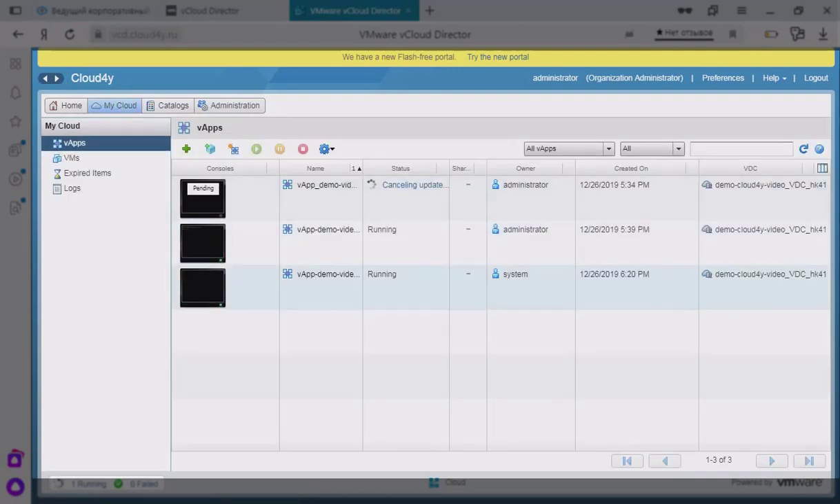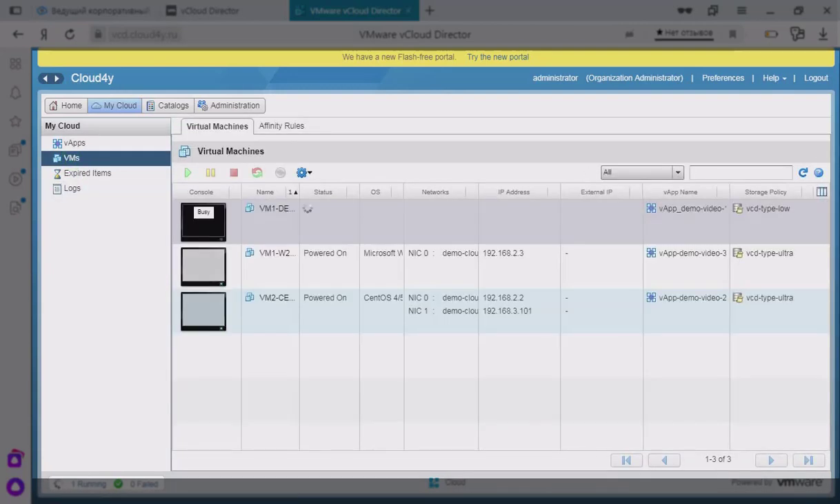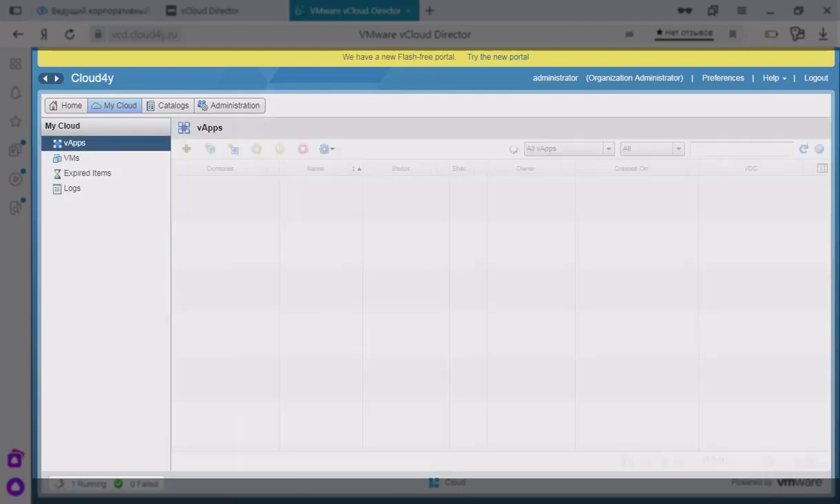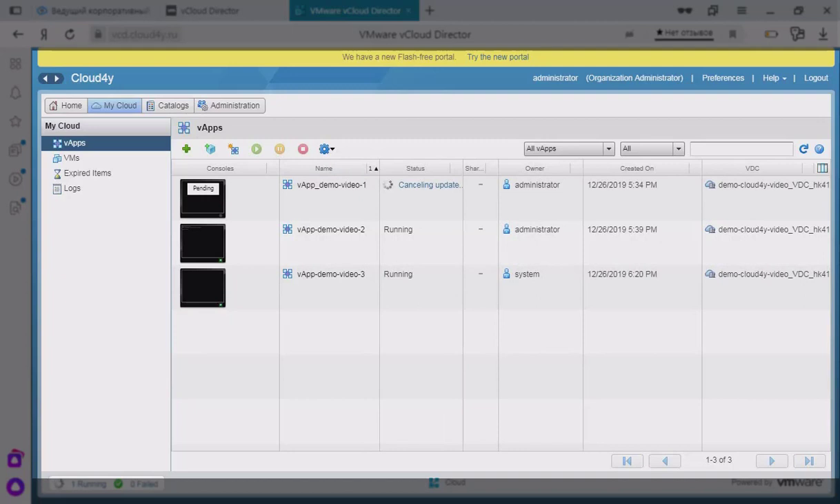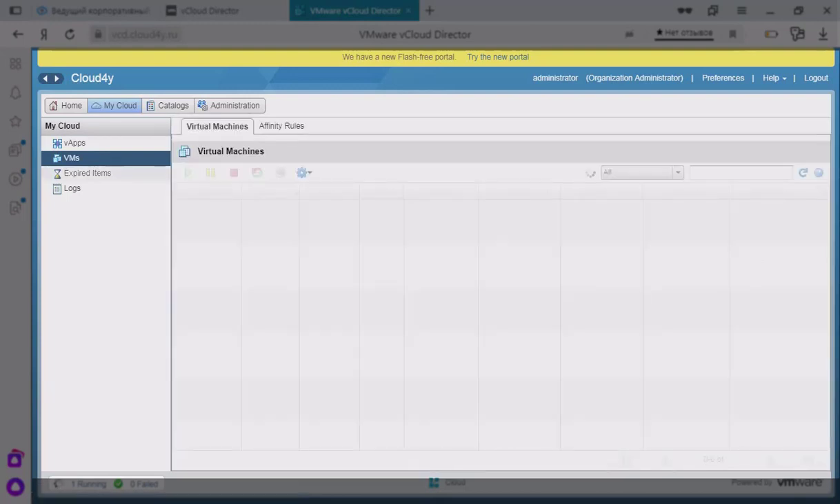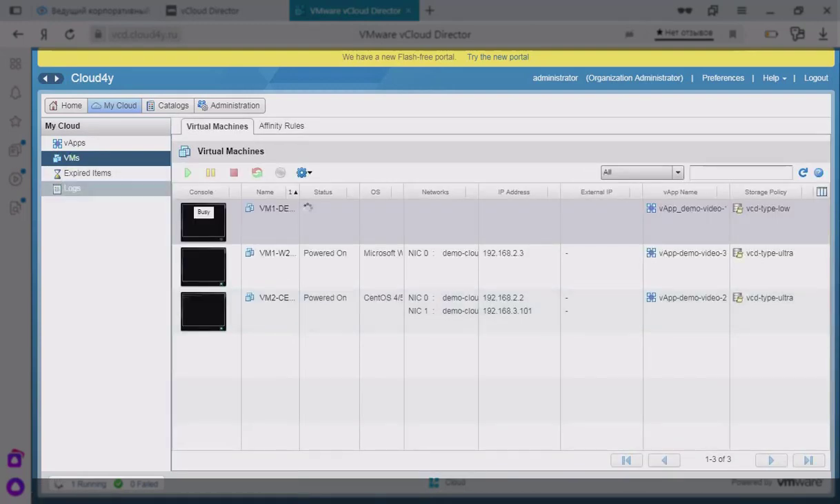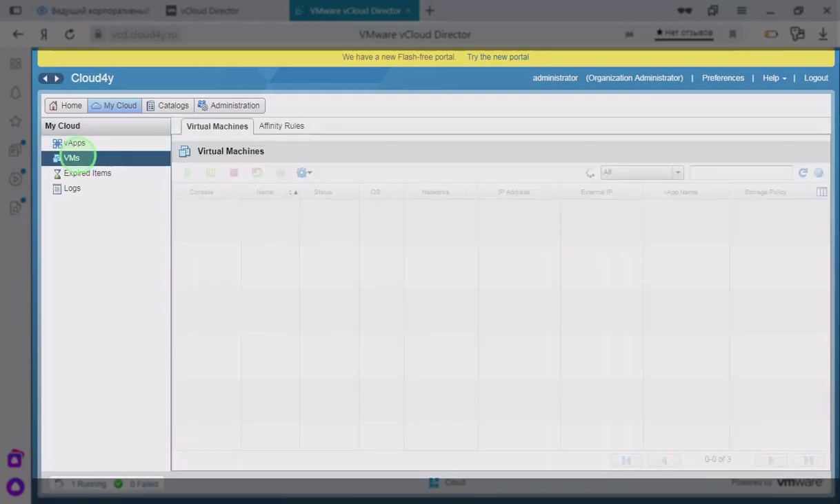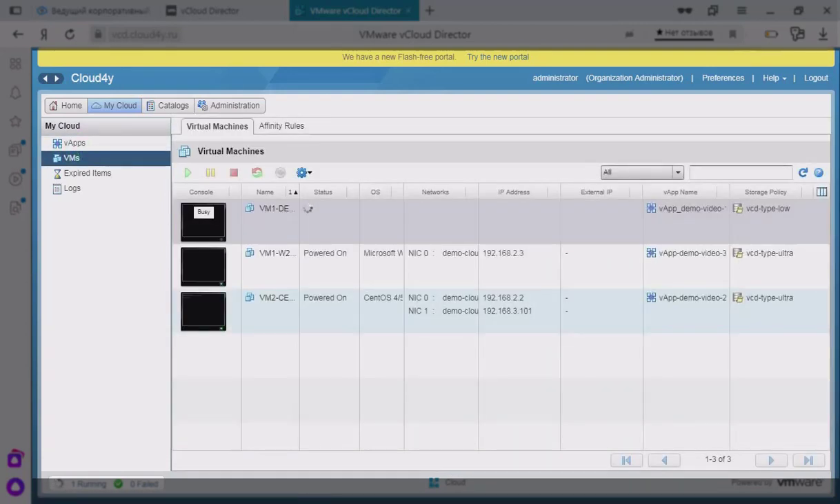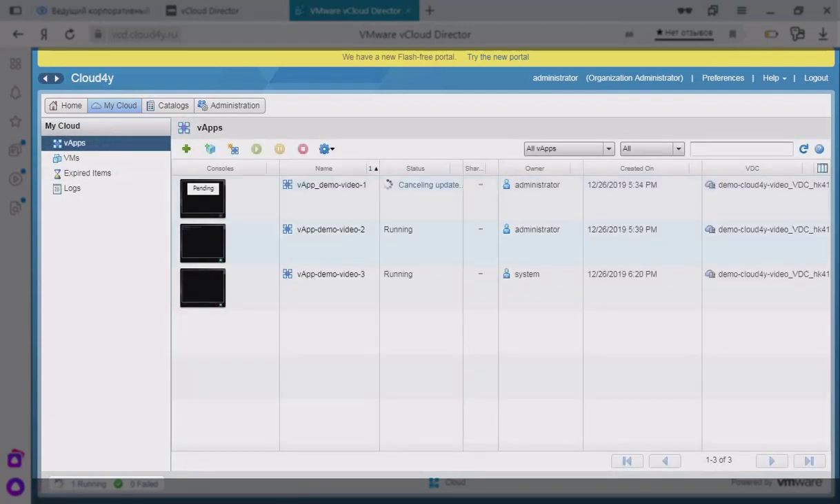To do this, go to the tab My Cloud, then vApp. We see the created VMs. On the VM tab, we see the created VM. Now, the number of VMs hosted in one vApp is 1. Therefore, we see 3 vApps and 3 VMs. But there may be a situation when we have 1 or 2 vApps and there will be a lot more VMs. In addition to the status of virtual machines, vApps also have a status